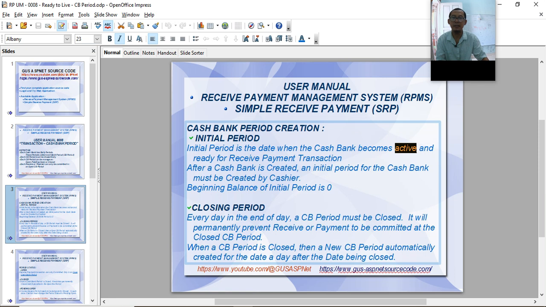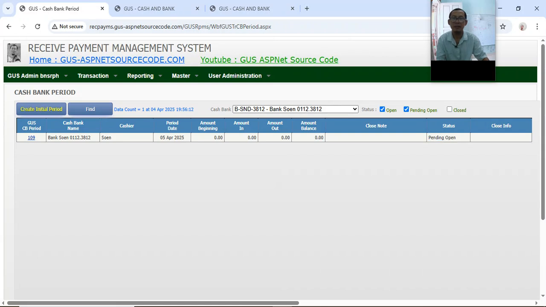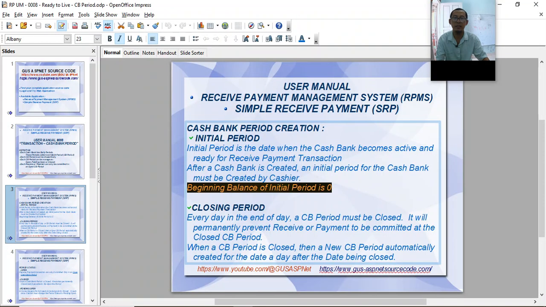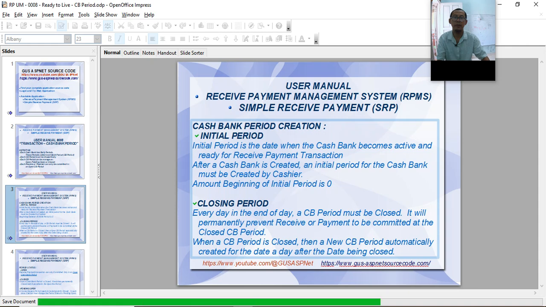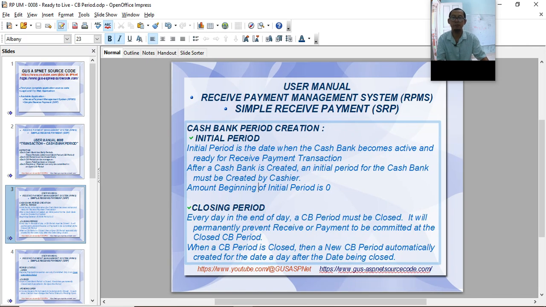After a cash bank is created, an initial period for the cash bank must be created by the cashier. I have created the initial period, and the beginning balance of the initial period is 0. Here is the amount beginning. The amount beginning of the initial period is 0.